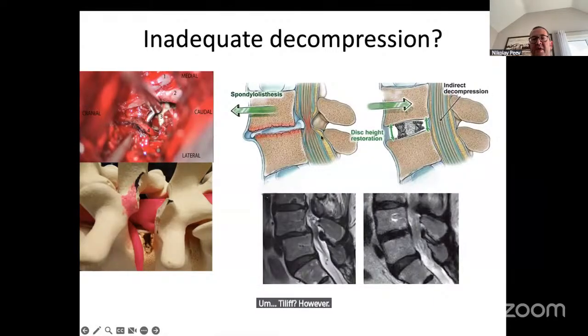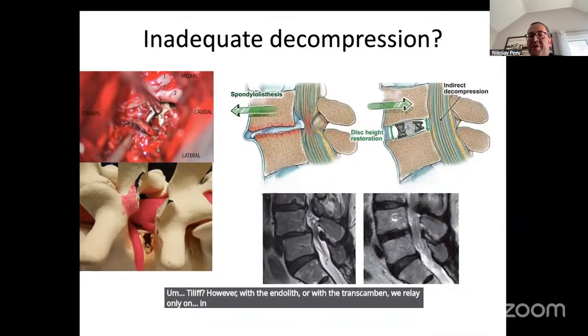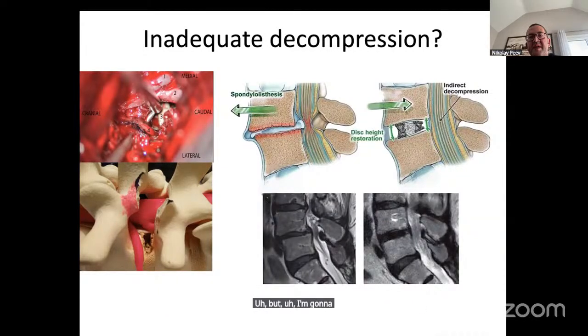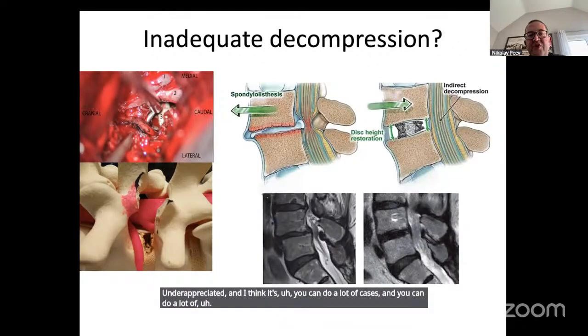However, with the endoLIF or with the trans-Kambin, we rely only on interbody indirect decompression. But I'm going to tell you that the power of the indirect decompression is underappreciated. And I think you can do a lot of cases and a lot of patients